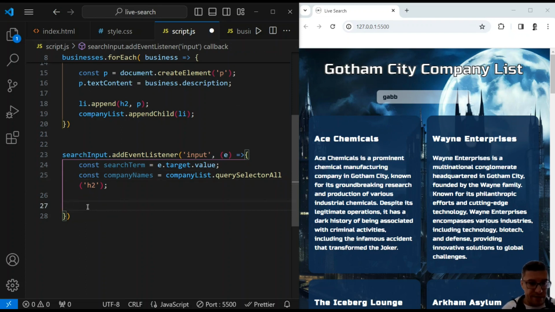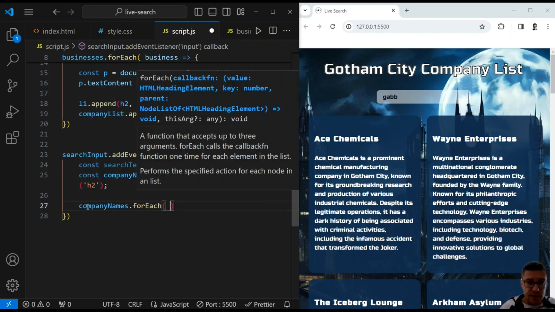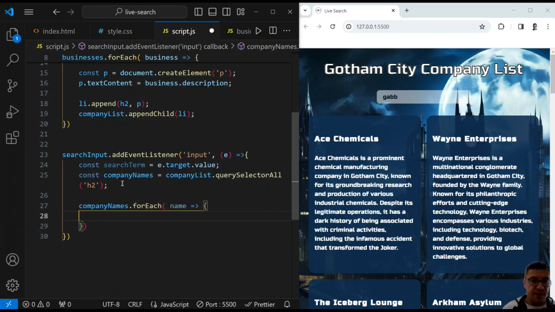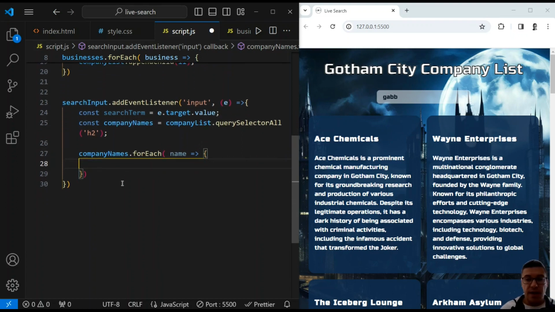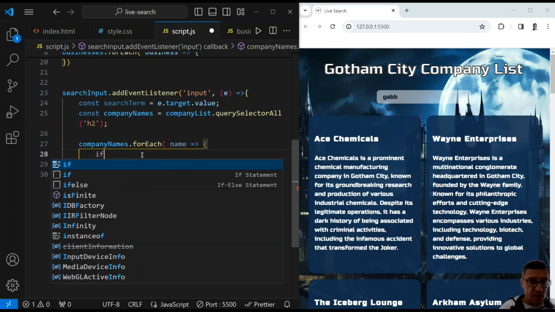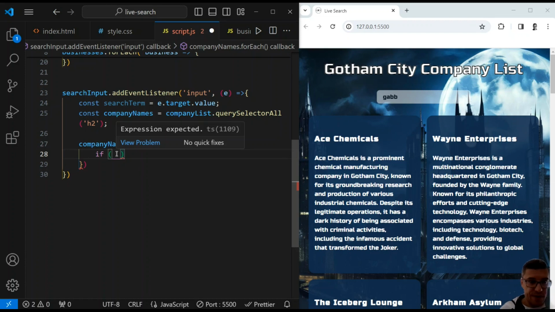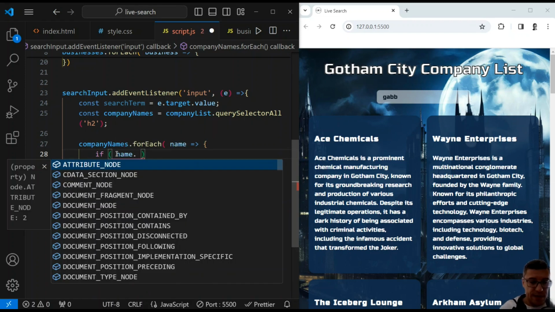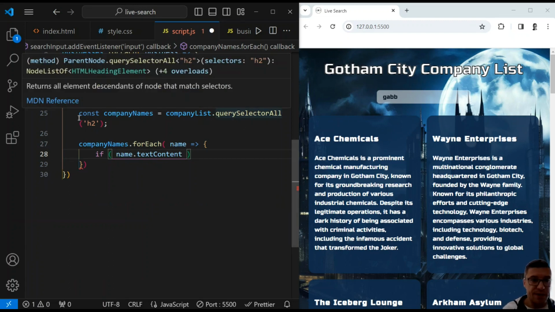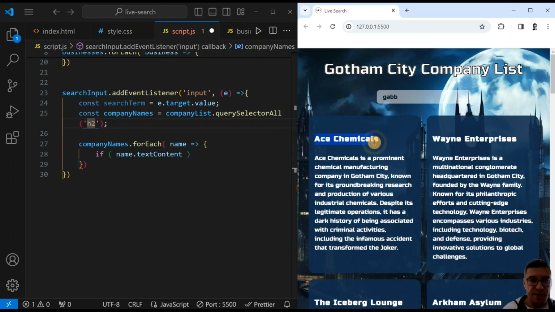And I will say company names for each. And let's say for each name, I want to run a function that will do that. What? This function needs to compare if my term is included in the name of the company. So I need to have an if check. I will check if name dot text content, because these names are H2s. I'm grabbing those H2s. I need to check if their text content